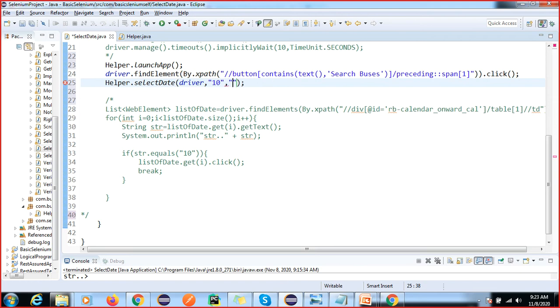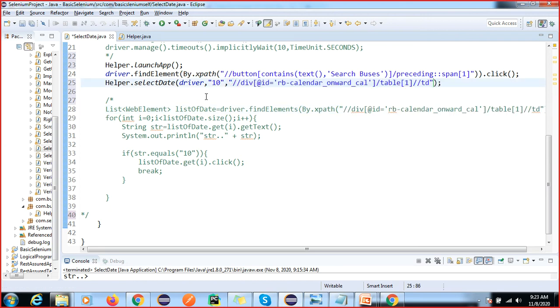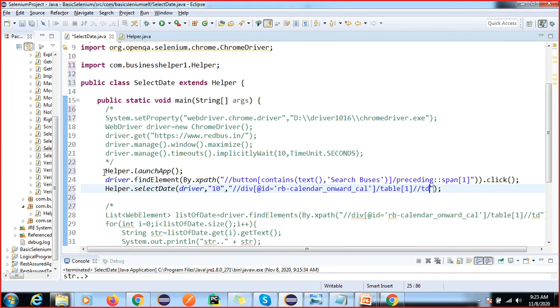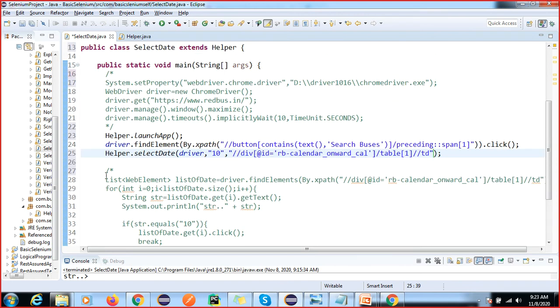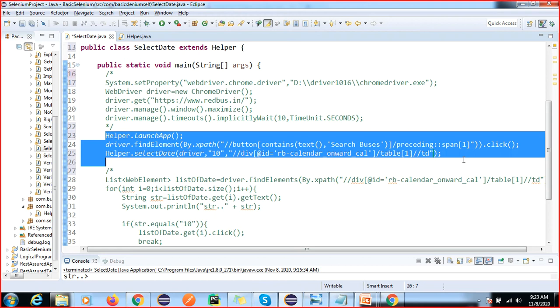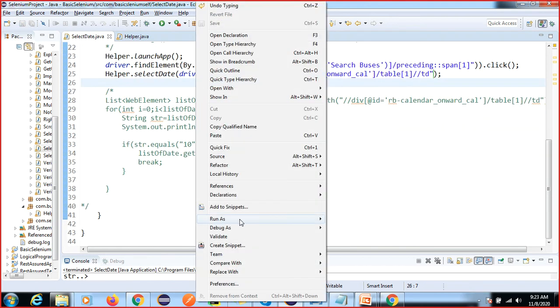This XPath will always change, because for every UI it is different. That's it. In 3 lines of code, whereas before it was like 38 lines. Just we have completed it in 3 lines. Okay. Now I'm going to execute this code and let's see whether it is working or not.